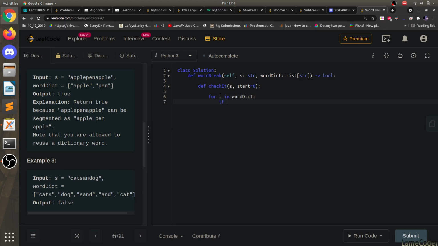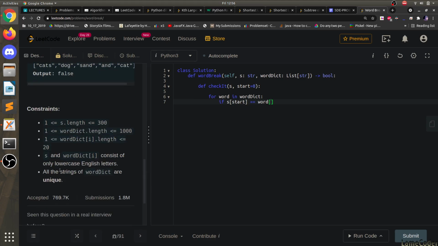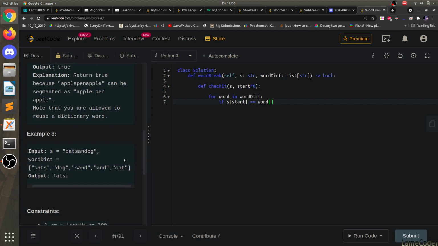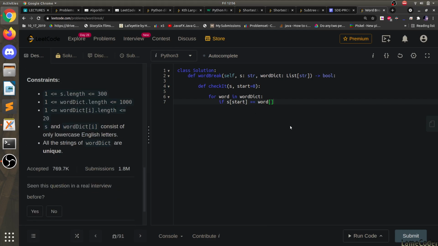For word in wordDict, that would be a better name. If s of start is equal to word of 0. Each word inside wordDict has a length greater than 1, and the wordDict length is 1 or more. So if s of start is equal to word of 0,